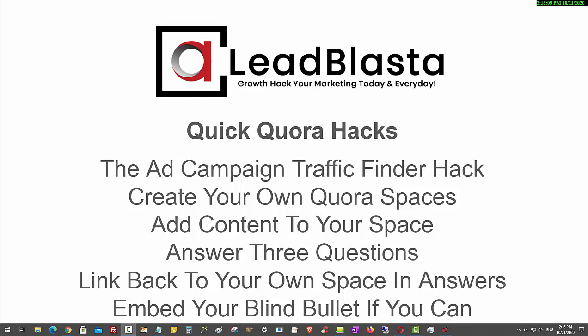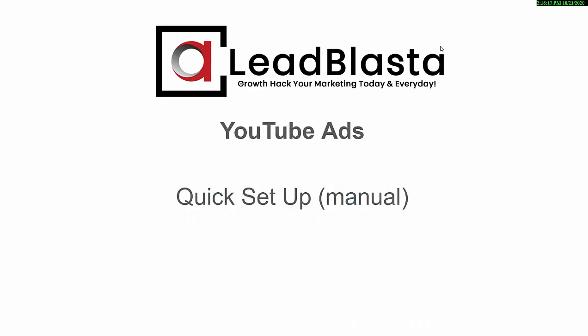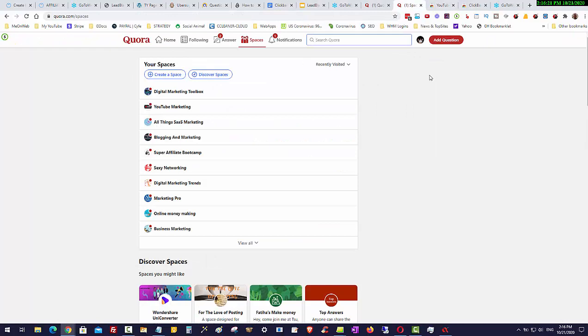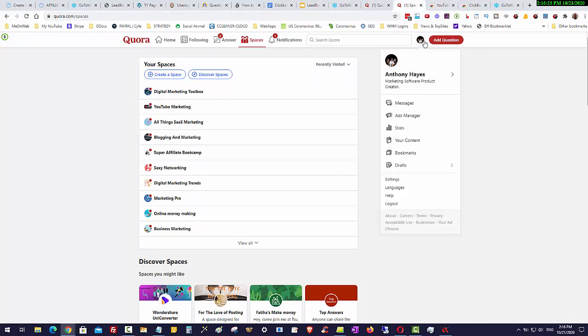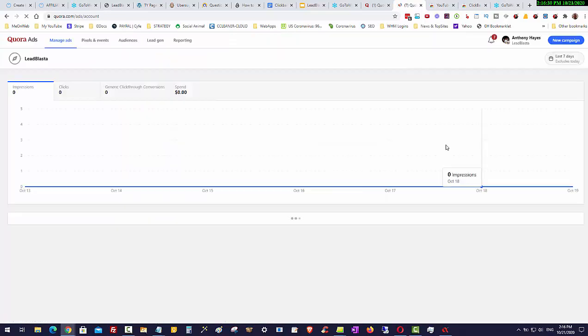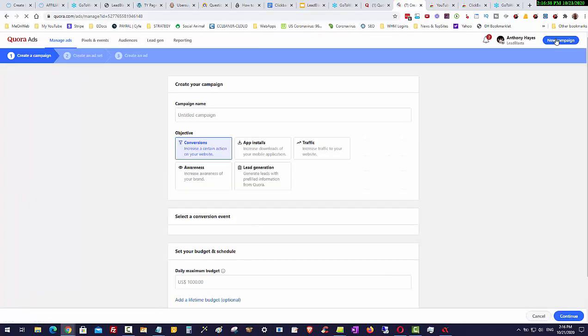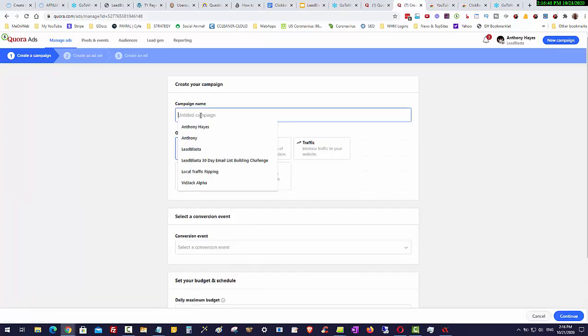So let's go and have a look and see how that works. Let's just come out of here. And what I'll do is I'll come over into Quora here, and in Quora what we can do is we can click up here where your image is, and we can come into what is known as the ads manager. Okay, so we can click on that, and that's going to take us into this dashboard here. And what we can do is we can just set up a new campaign. We're not actually going to run an advert. Okay, we're just going to do some